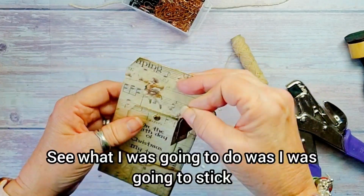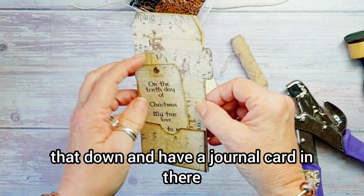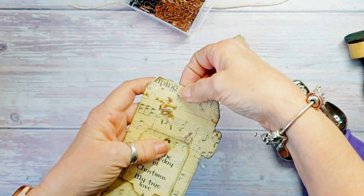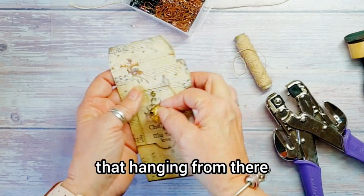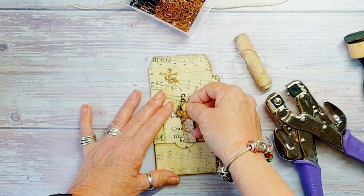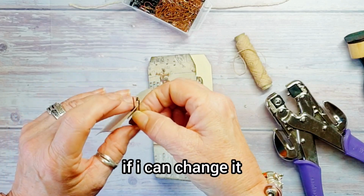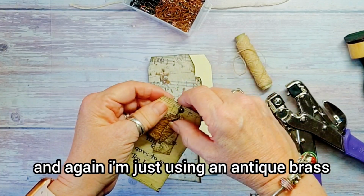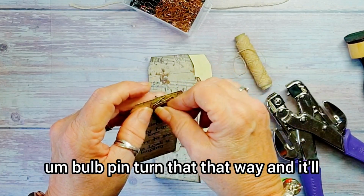Now, do I want... See, what I was going to do was I was going to stick that down and have a journal card in there. And then that way I would put another grommet and have that hanging from there. But I could have it... You know what, I'm going to have it hanging from this one. If I can change it if I want. And again, I'm just using an antique brass bulb pin. Turn that way and it'll...